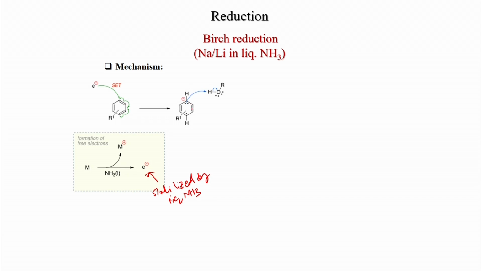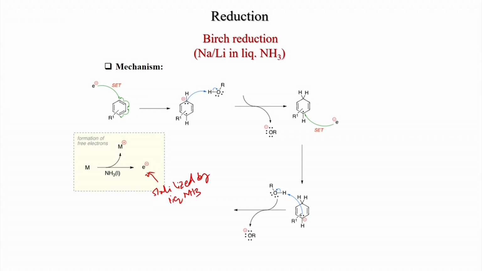radical anion will form, and the radical and anion want to stay para to each other so that the repulsion will be minimum. Then this anion gets protonated by the alcohol, and the alcohol becomes OR minus. After protonation this hydrogen comes here, and then a radical is formed, and to that radical again one electron adds and it becomes an anion, and then the anion gets protonated by the alcohol